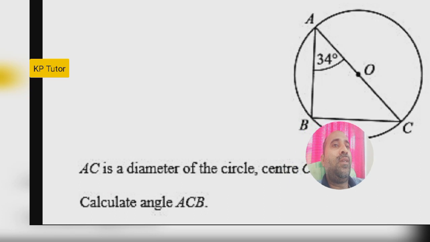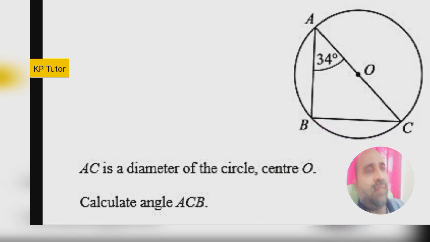So the first question is not related to the circle theorem. This is very easily you can identify, one thing that you learned in elementary classes. In the given question, AC is the diameter of the circle. That means you can see there is one circle. Inside the circle there is one triangle. In that triangle one side AC is the diameter. So what we can conclude, AC is the diameter, that means semicircle, angle ABC in a semicircle.